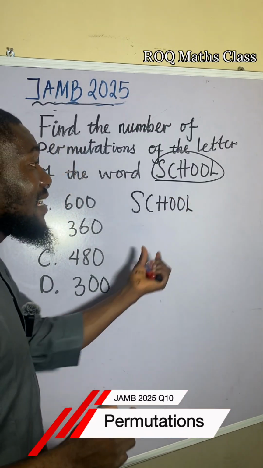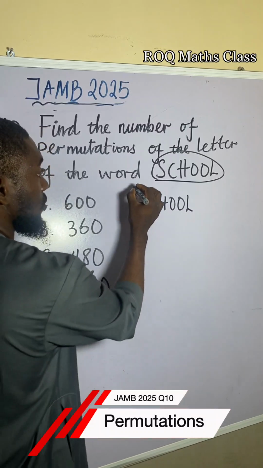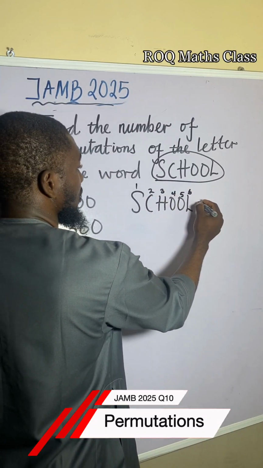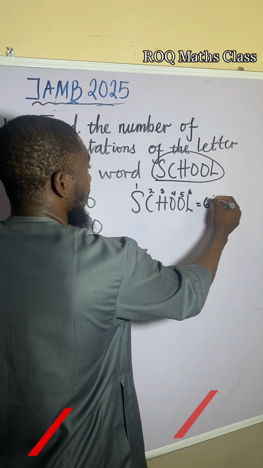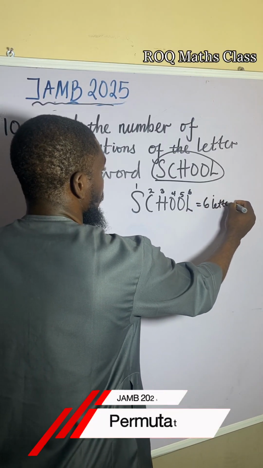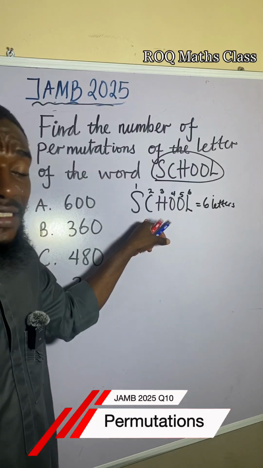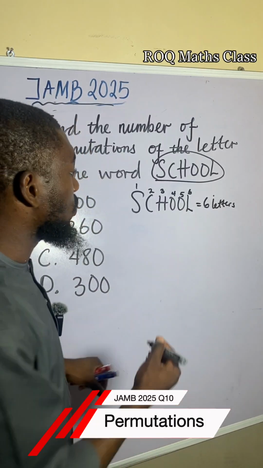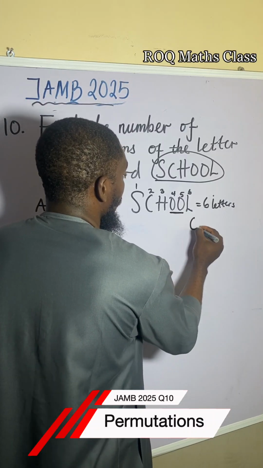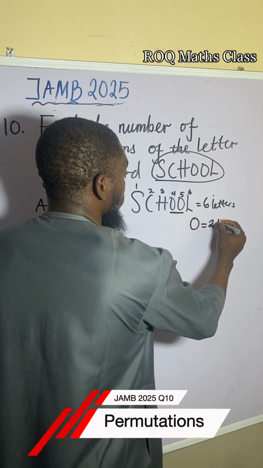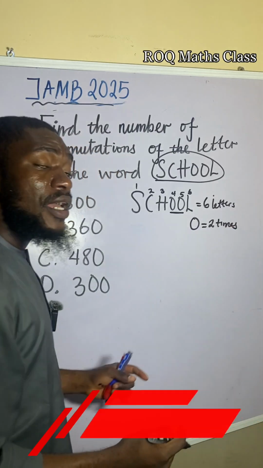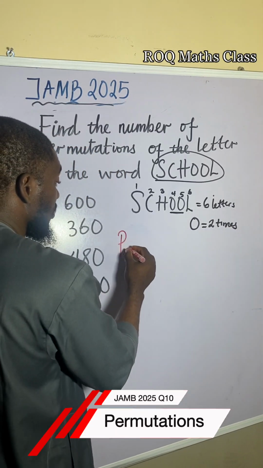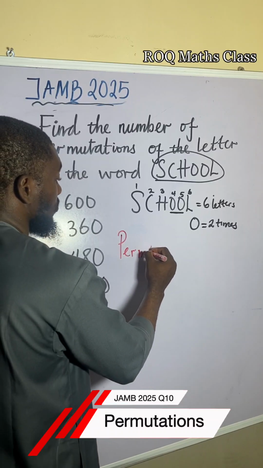Then, how many letters do we have in school? Let us count. 1, 2, 3, 4, 5, 6. So we have what? 6 letters. If you look at these letters carefully, which letter is repeated more than one times is what? Is O. So O is repeated how many times? 2 times. So now if you want to do the permutation is same thing as what? The permutation of this kind of problem